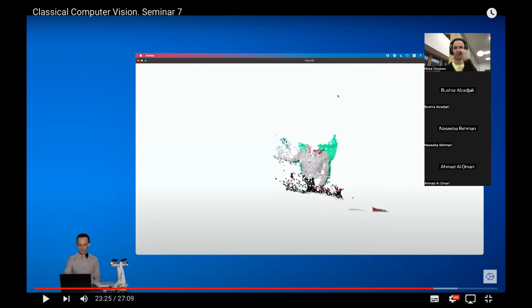Okay, so Ahmad, how was your calibration process going? You were using fixed positioning or just two cameras? So I put them side by side, facing the same direction. I made sure the orientation is somewhat equal, and